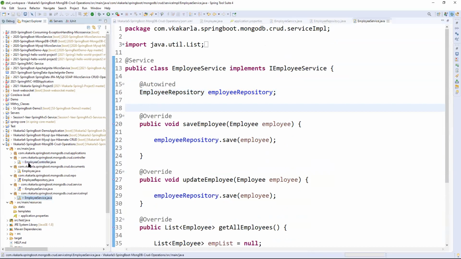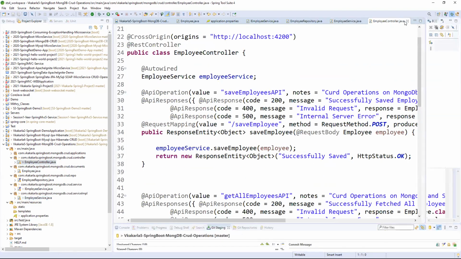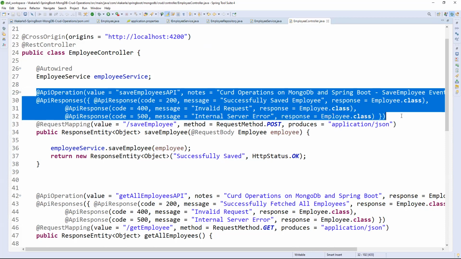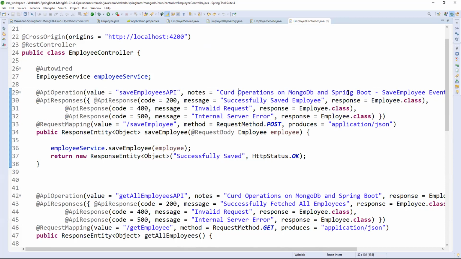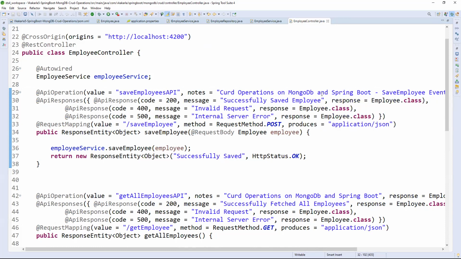And coming to the controller. In the controller, I added Swagger documentation also. So these are related to Swagger. Operation, save employee API, notes, CRUD operations on MongoDB. Like that you can add your notes related to Swagger.